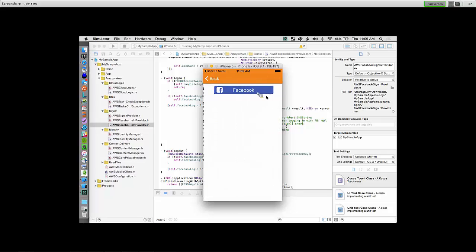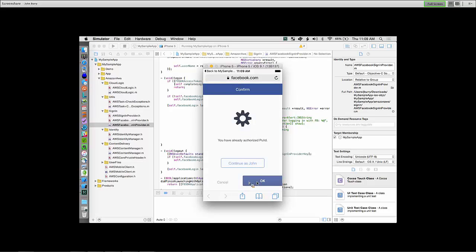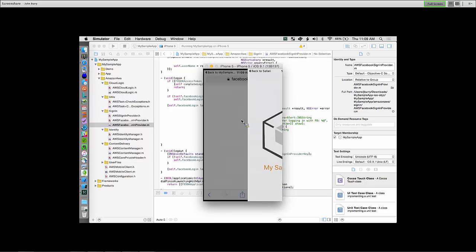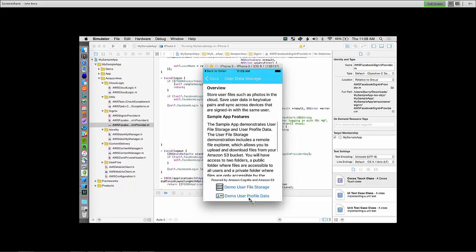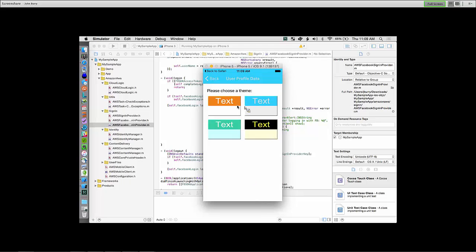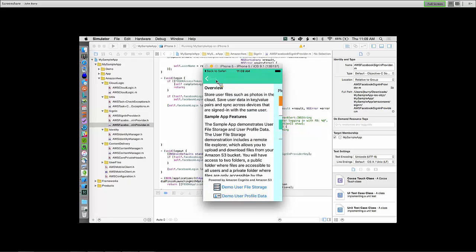But once I sign in, I think it was blue I chose last, and we should see my profile come back down from the cloud and be blue. And the beauty of this with Cognito is this works across devices. So I can move to whatever device I'm using at the moment and log in with my Cognito identification, whether it's through Facebook, a custom one, Twitter, Google, or Login with Amazon, and so forth. And my profile data will be brought down. I'm going to go back to green because I actually do like green.